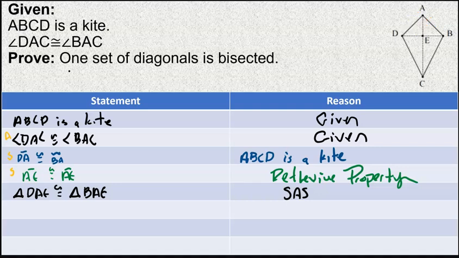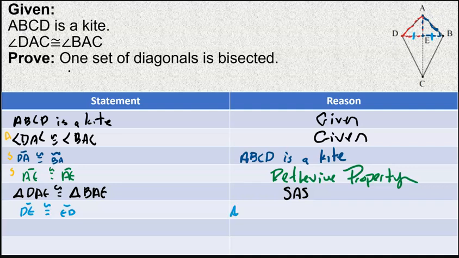Because the diagram is small, I cleaned this up for you a little bit. The triangles I proved were these two triangles here. Now, the sides I can use to show that one set of diagonals is bisected is DE and EB. So I can state that segment DE is congruent to segment EB